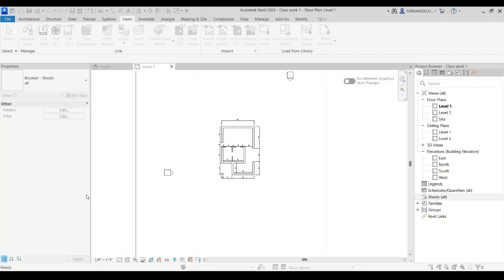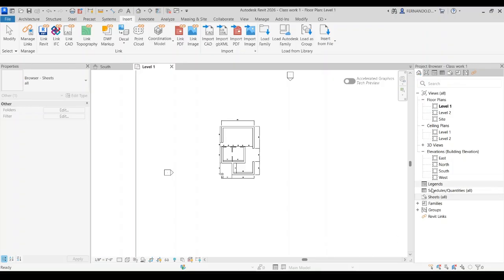What do we have to do? It's the title blocks. Okay, so here we have 8.5 by 11, 11 by 17 vertical, horizontal. I would like 11 by 17 vertical. Okay, so let's select this one, load,